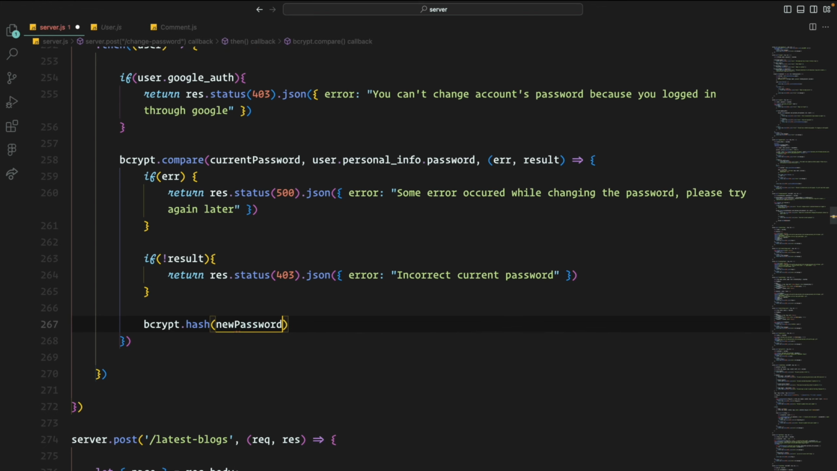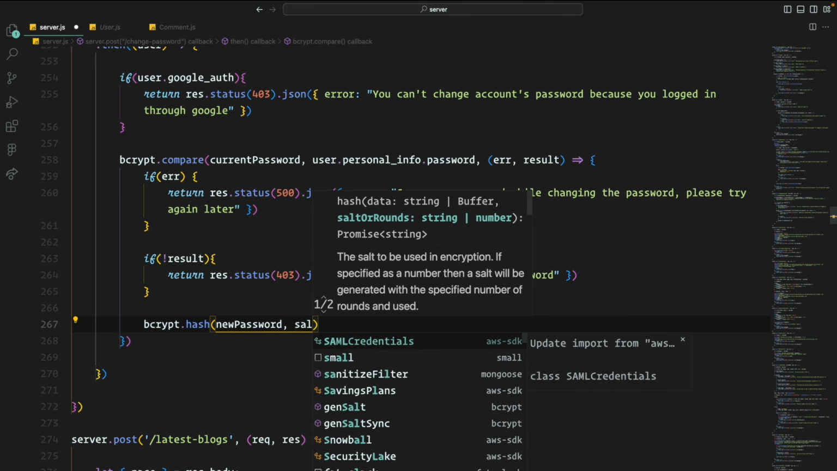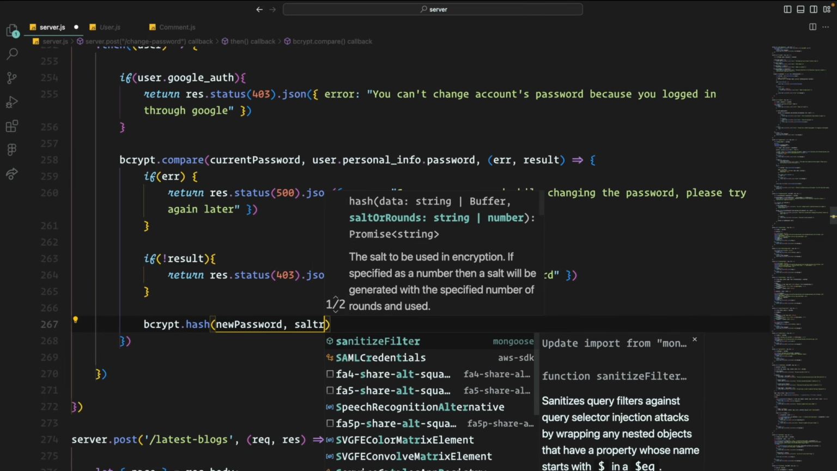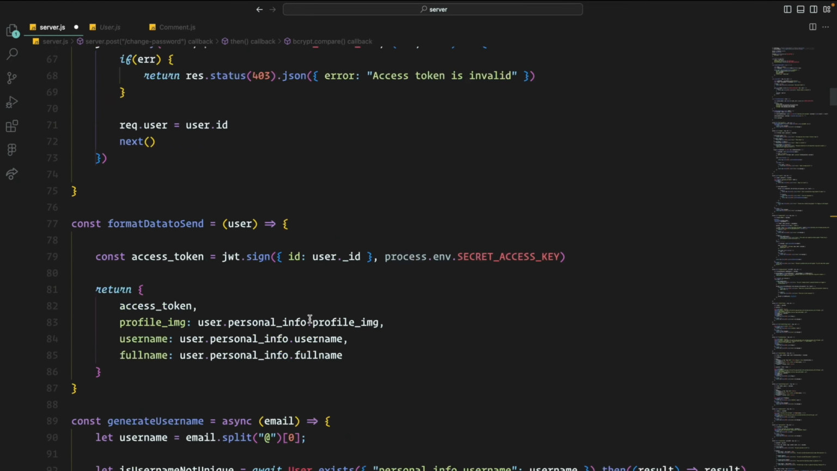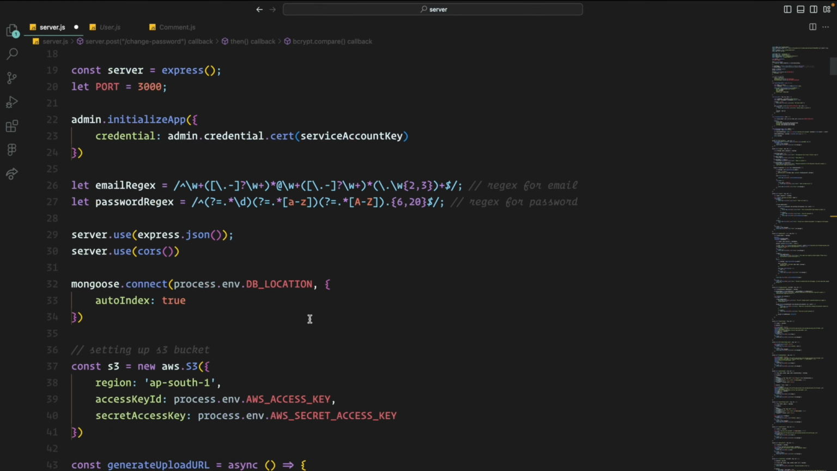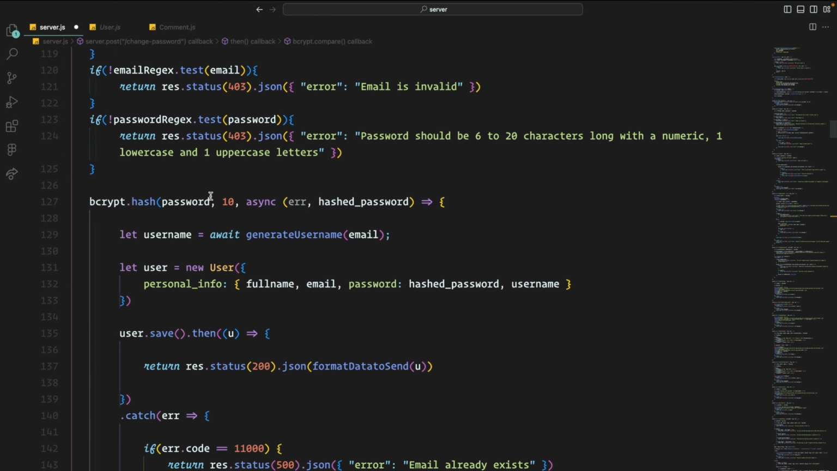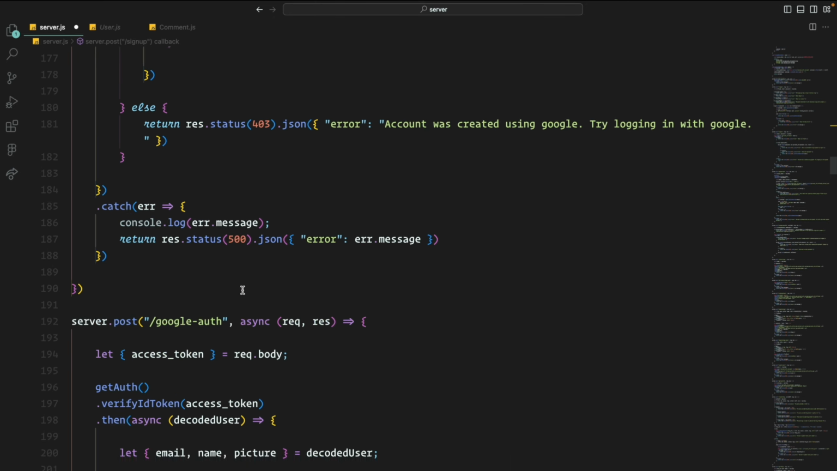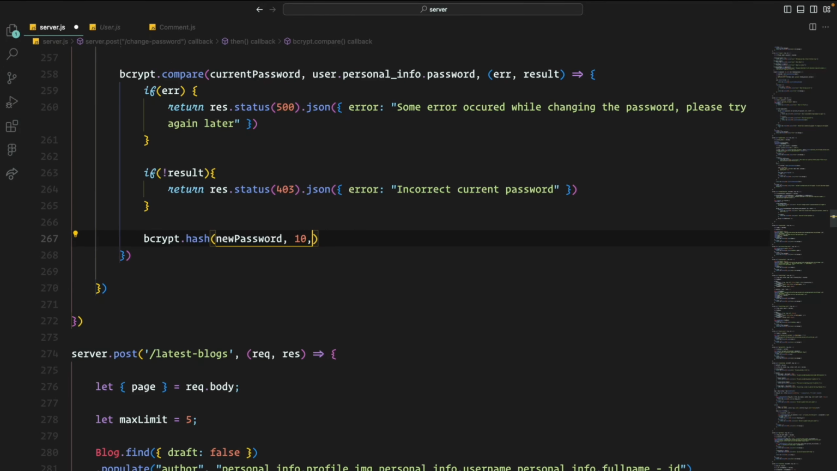So I will say new password, and then I will say salt rounds. Salt rounds is how many times you want to go through the hashing, and the larger it is, the harder it will be to crack. I'm just saying salt rounds. And actually I don't have this salt round variable over here, otherwise it would have given me the suggestion. So let me see what level. Yeah, you can see in the password hashing I am using salt level 10. So I will do the same over here. I will say the salt round to be 10,